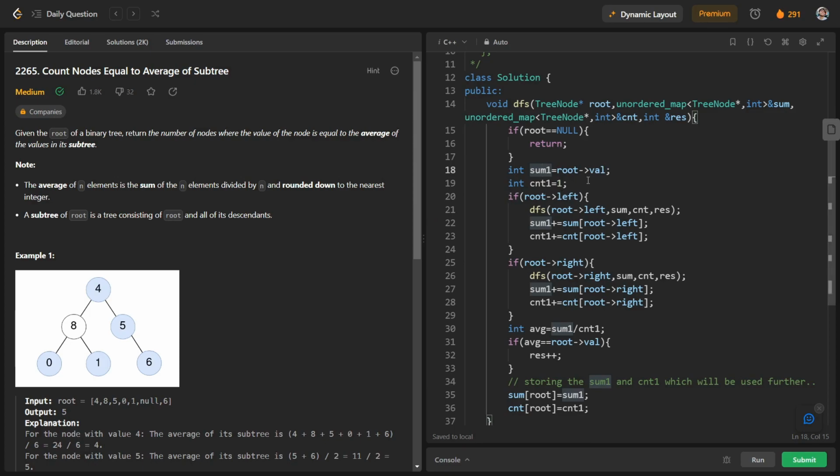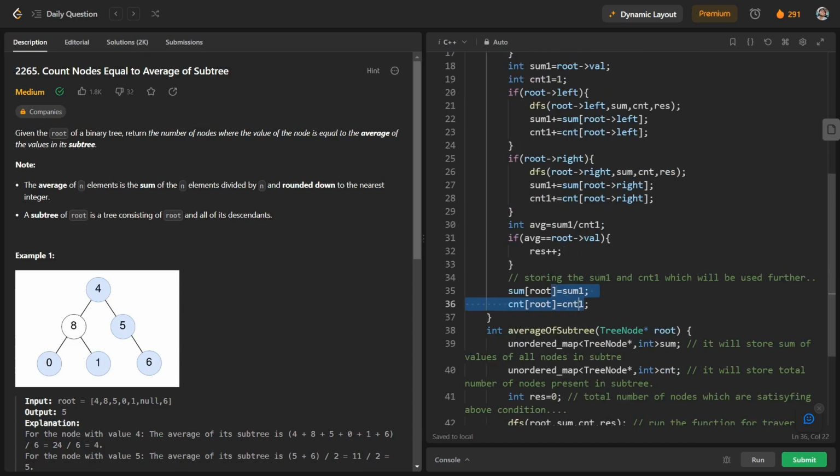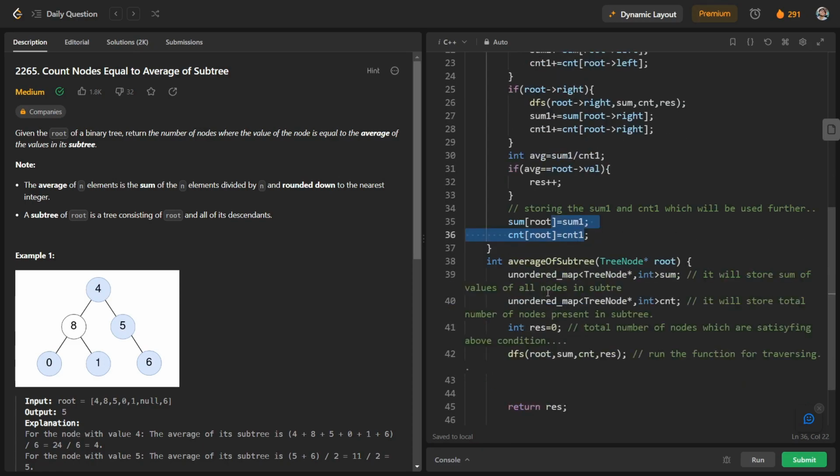If we have a left child, we run DFS for the left part, and we use the sum and count calculated for the left part and the right part. Then we find the average, and if the average is equal to root arrow value, we increase the value of race and store sum1 and count1 for this root. In this way we have solved this question.